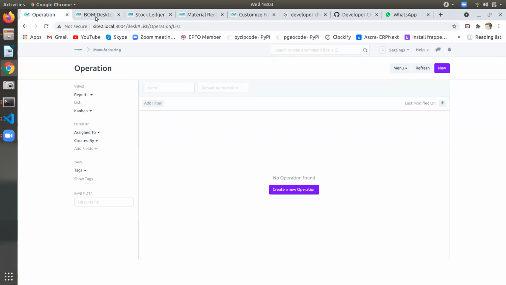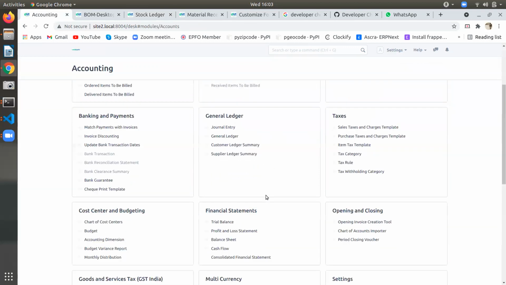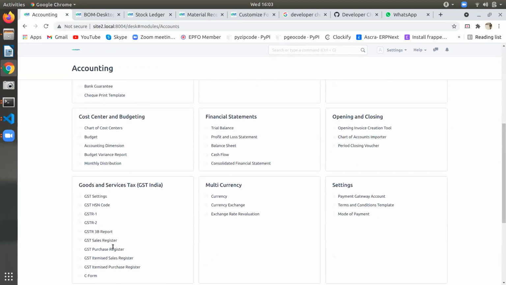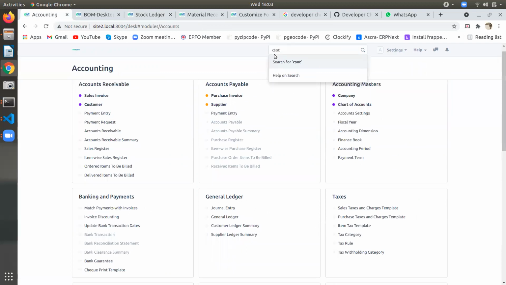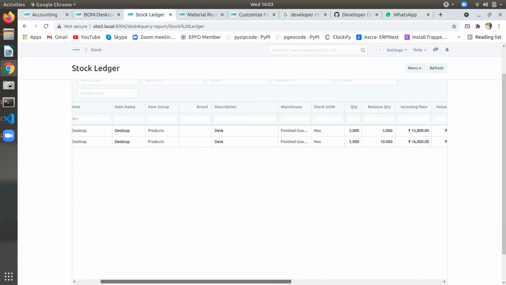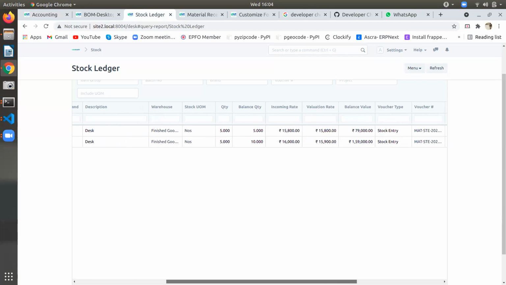Okay, you're looking for the costing report. Costing. Maybe it will come in the accounting section, right? Or costing. Now we want to see it in the ledger only. It is showing only the incoming valuation rate.